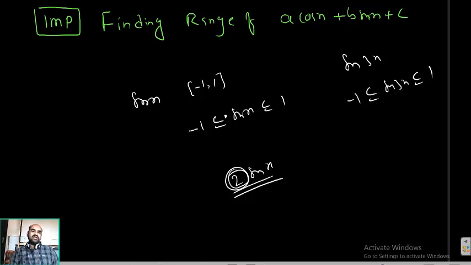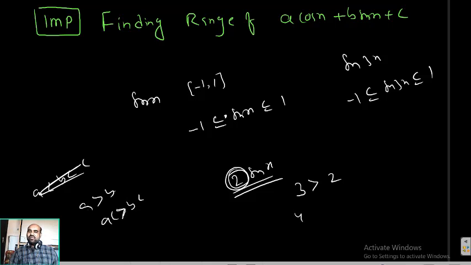I already explained. If A is less than B, multiplying by C on either side, the inequality may or may not alter; it depends upon C. If C is a positive number, then AC is greater than BC only. If a positive quantity is multiplied on either side, the inequality won't alter. I will show you: 3 is greater than 2. Multiply 4 on either side, 4 into 3 is greater than 4 into 2. That is 12 is greater than 8, a true statement.